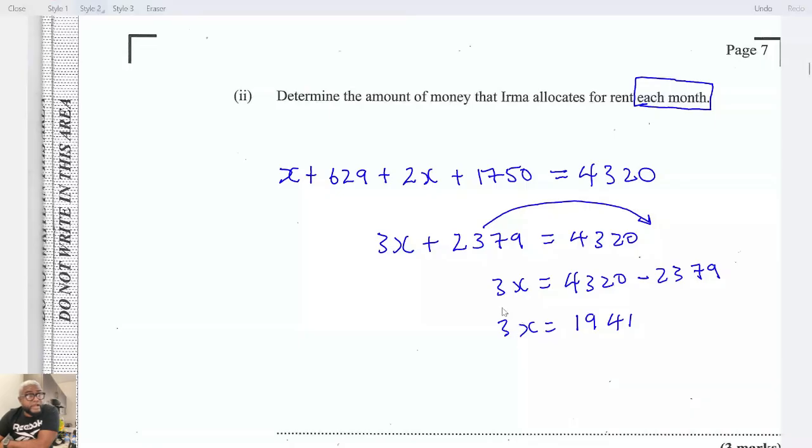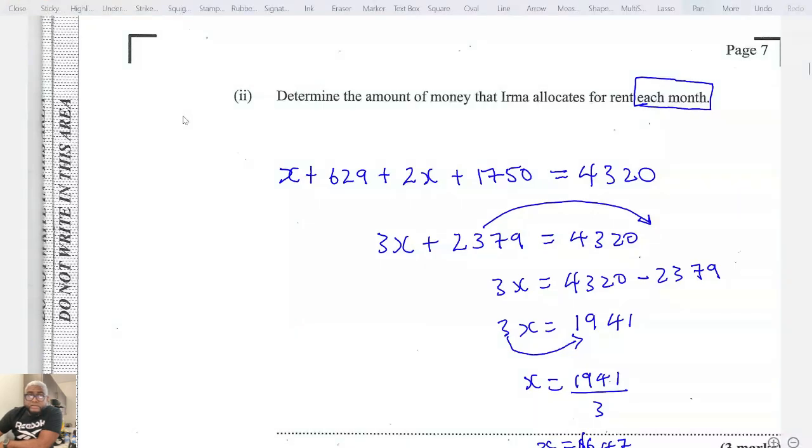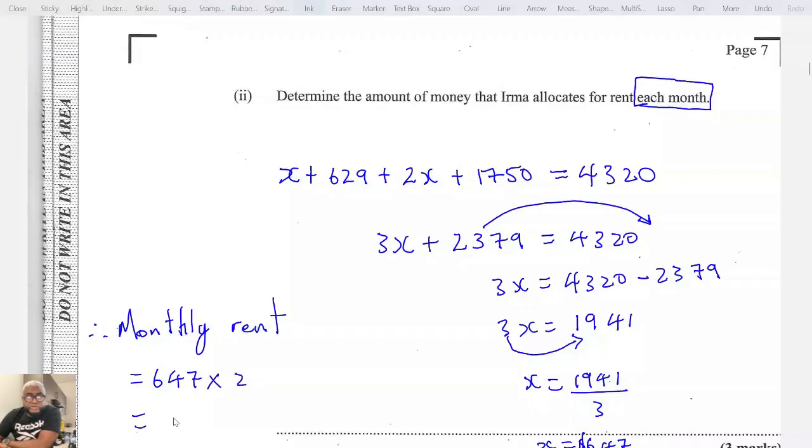What are we doing with the 3 now? 1941 divided by 3, x will be equal to how much? $647. But remember, it's each month. So that is his rent for a fortnight. So therefore, monthly rent will be equal to 647 multiplied by 2, which is equal to